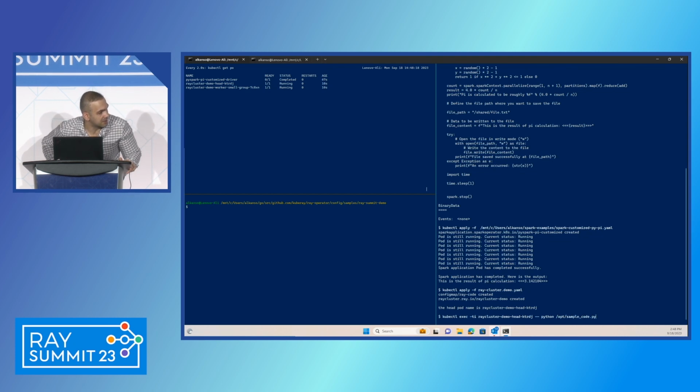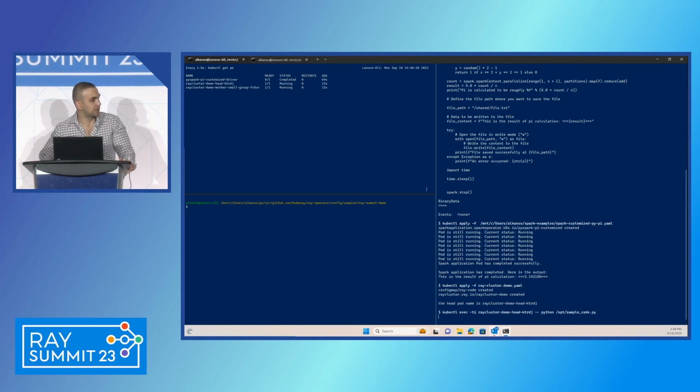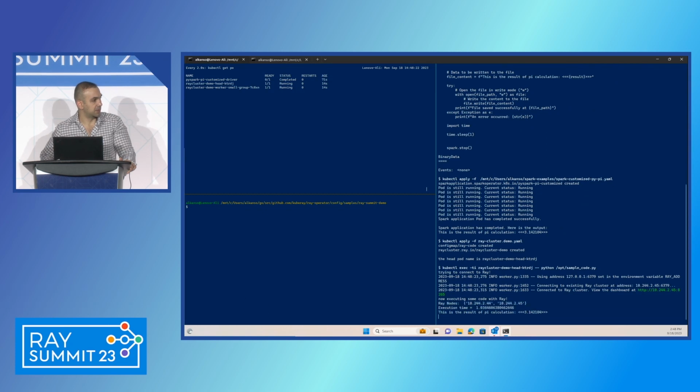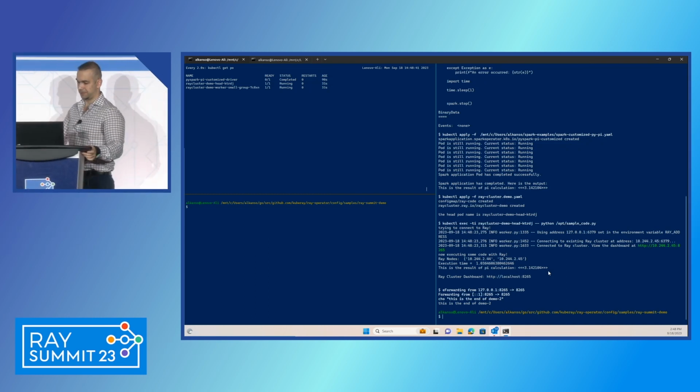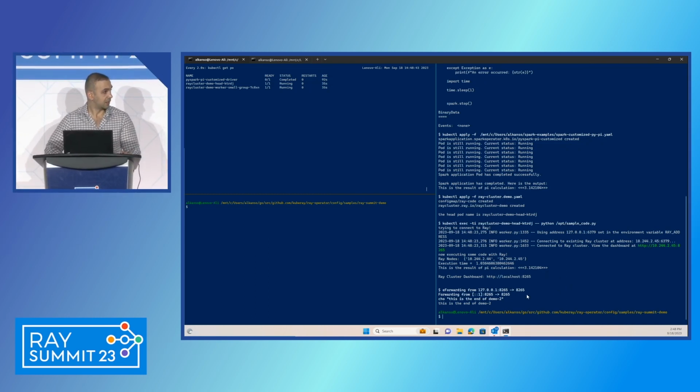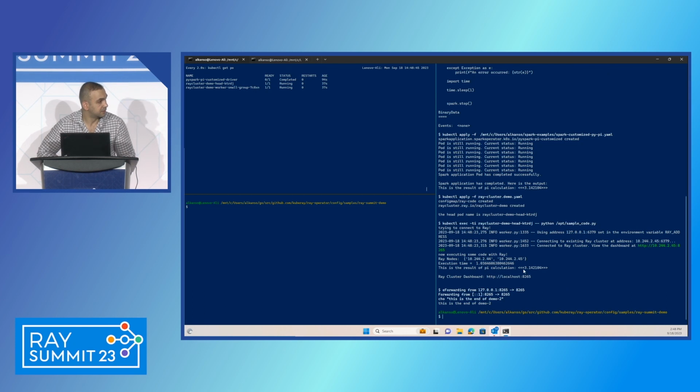And now kubectl execute this Python code. And it's similar to the previous one, except here you're going to see some information about that pi that was read. And it should show the same result that was shown before, which is the one ending with 104 over there. And if we click on